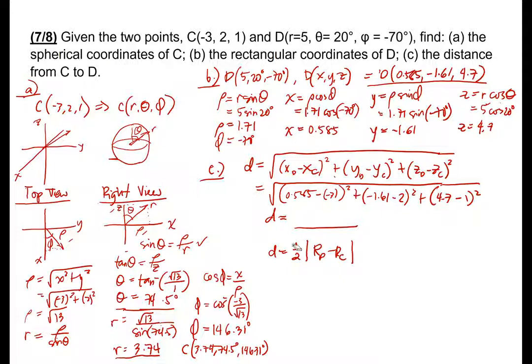So this is not 1/2. If you're going to get the area, then you will use the 1/2 and then the cross product. But this one is the difference between RD and RC. In this case, you can also use the spherical formula, but it will be difficult, so you need to change it to the rectangular formula. So what is the value? 6.29